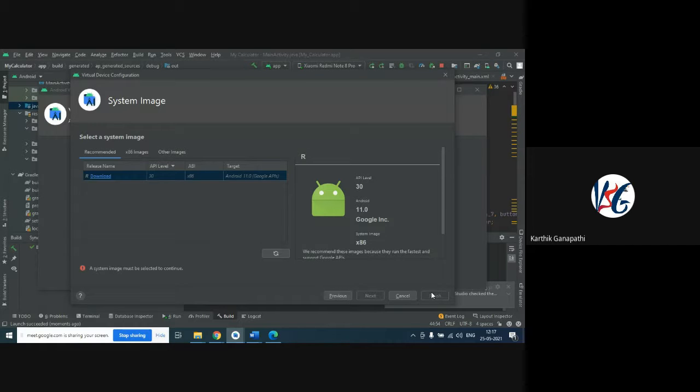One more thing I need to tell you is that this will take up a large majority of your RAM and processor. It requires a lot of memory because we are running a different operating system device on our system.